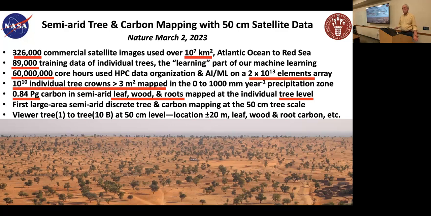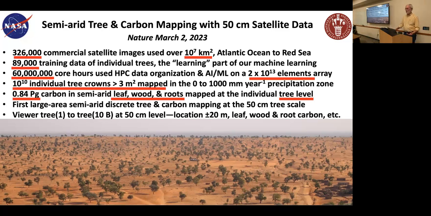Then we put ourselves into a box, because how the hell can anyone use something like this? 10 billion things. So we wrote a viewer, which enables people to go in and look at every aspect of our output data and find areas where we made terrible mistakes, where we had cloud cover, where we had aerosols, and where things went right. And at the tree level, see what the carbon was.